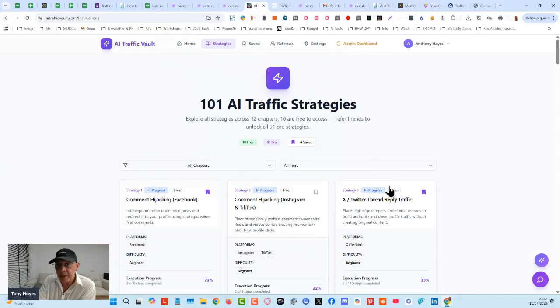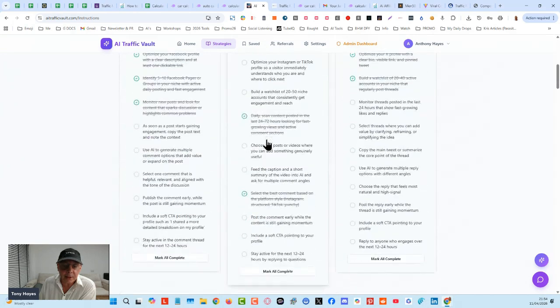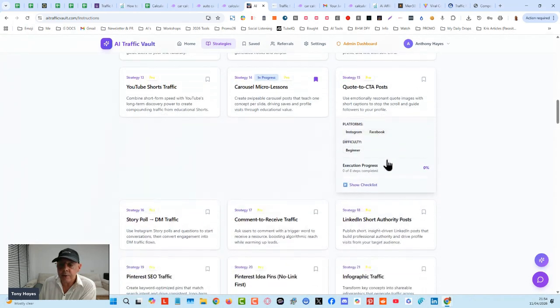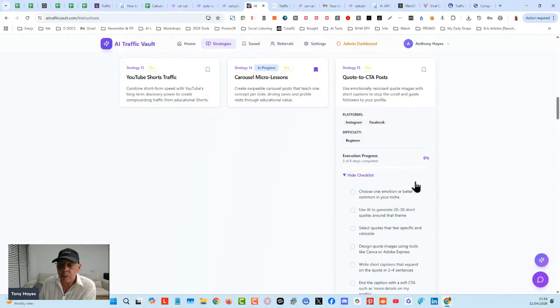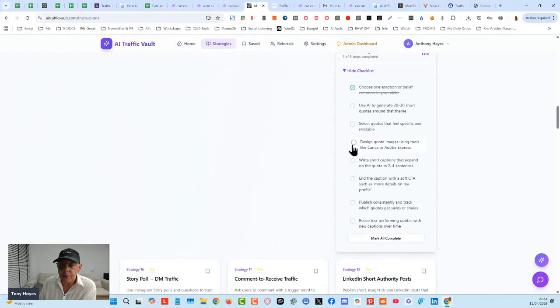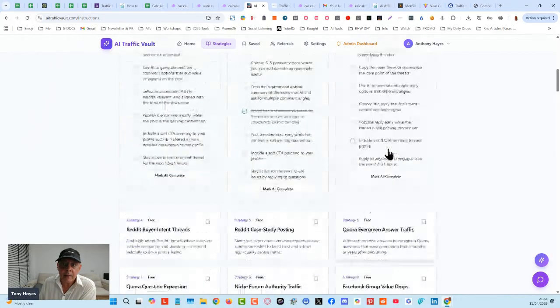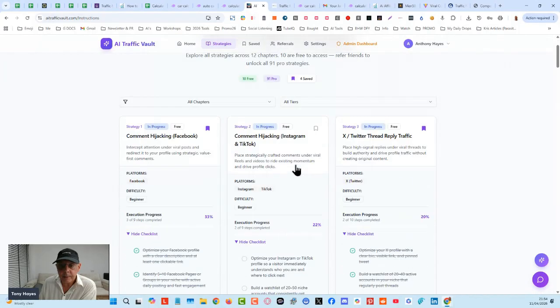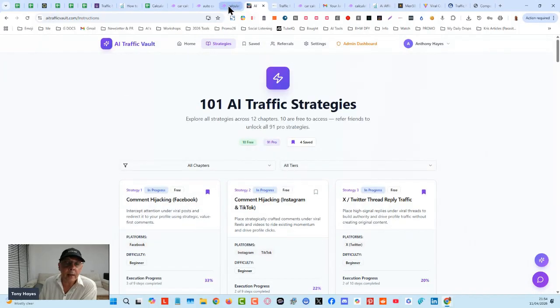So basically what we did is we filtered through them, and that's how we built this tool. Okay, so these are strategies that real people are actually using, and they were shared. And so we got AI to help us, of course, put it together and get these traffic strategies into this little tool that you can just go and pick one and just execute it.